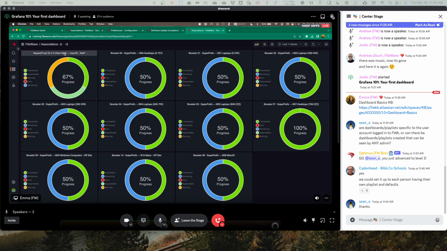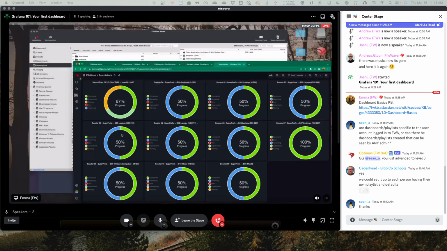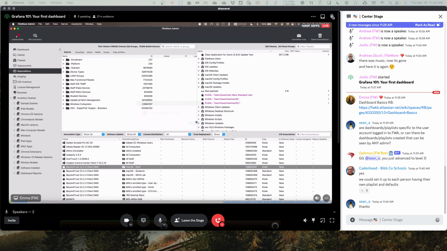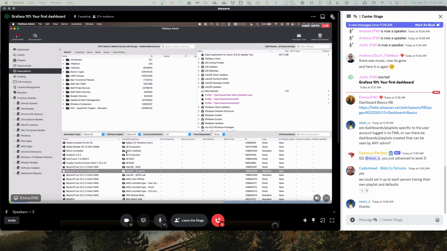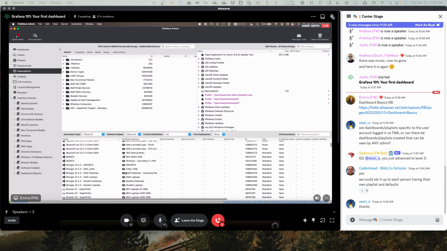But now, since I added this Beyond Trust association, now I can see it here along with the progress. So when you go in FileWave admin, when you expose that association to dashboard, just know you have to update the model in order for it to show up, and then you'll be able to see your deployment. And you can do this on any individual association